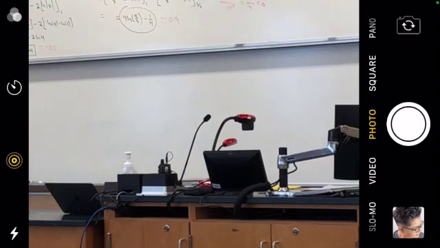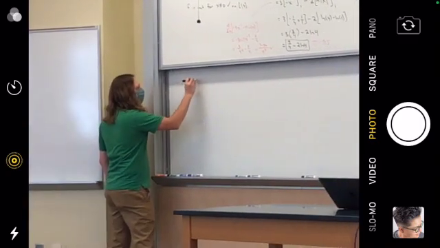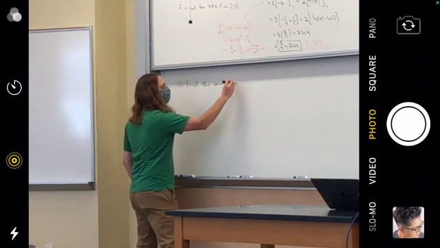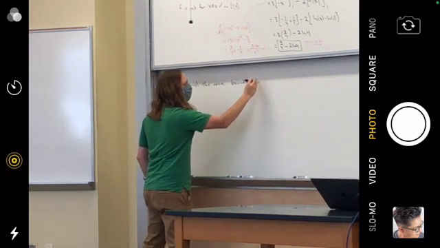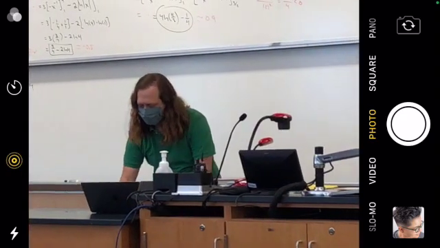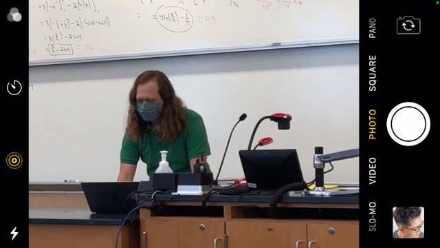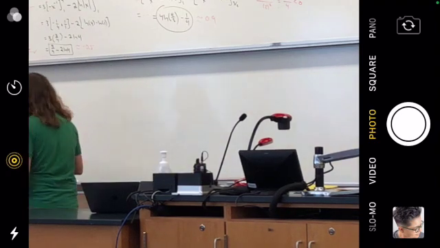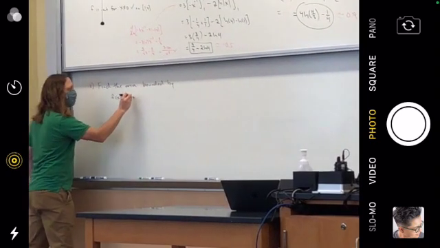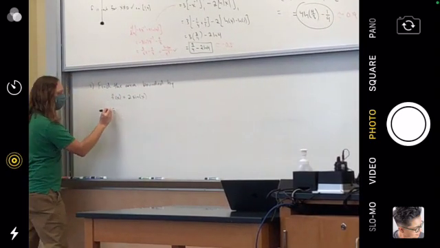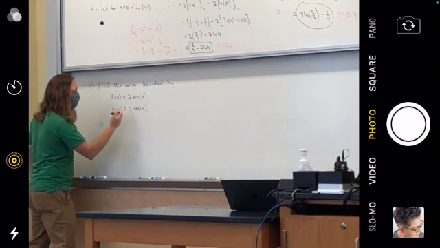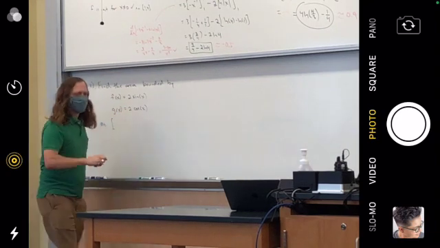Alright, number 2. Find the area bounded by f of x equal 2 sine of x and g of x equal 2 cosine of x on the interval,